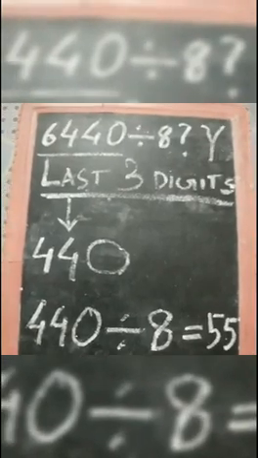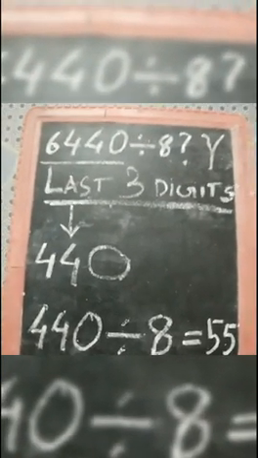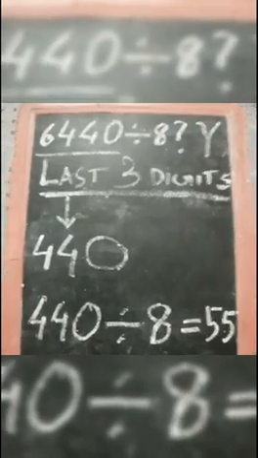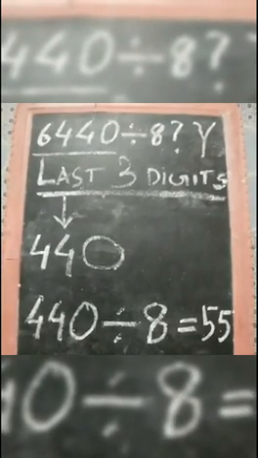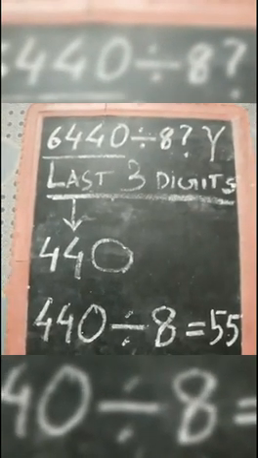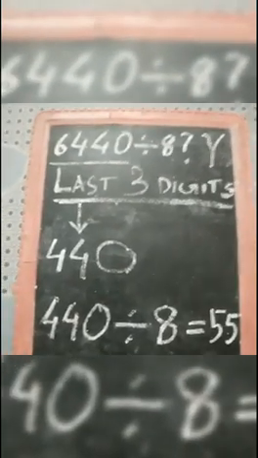So have you understood the divisibility rule of 8? If you can apply this rule, you will find out in some minutes whether a big number is divisible by 8 or not. So children, today we have learned the divisibility rule of 6, 7 and 8. In the next class, we will learn some more divisibility rules and how to apply them when finding out whether a number is divisible by that or not.